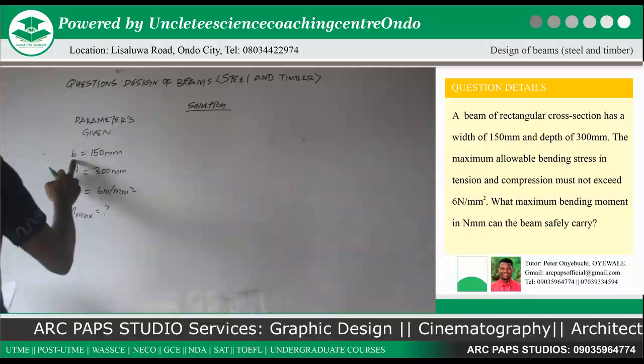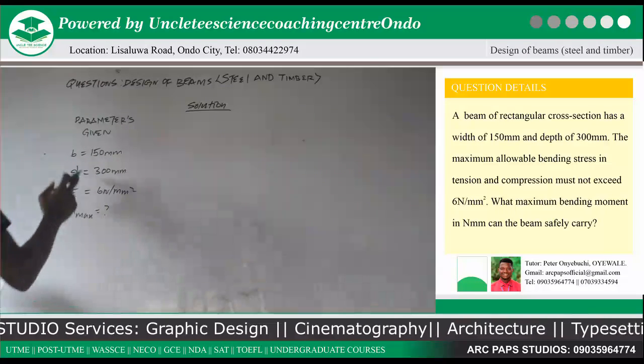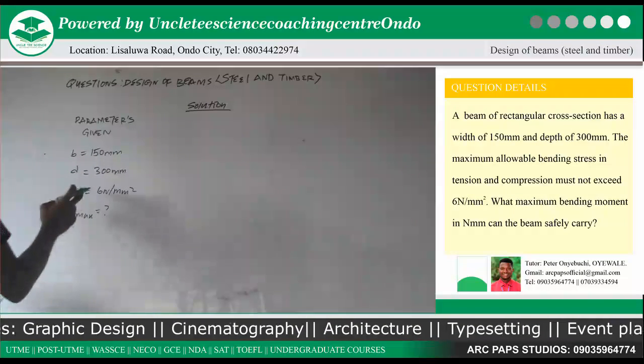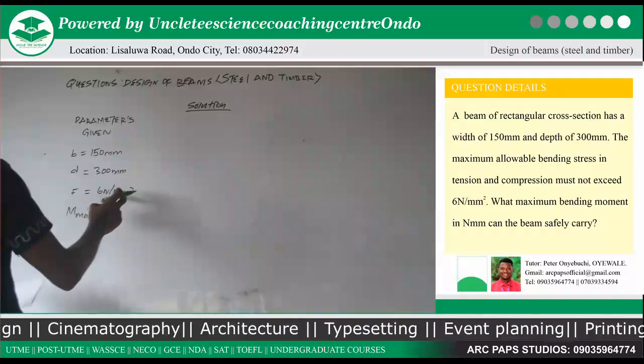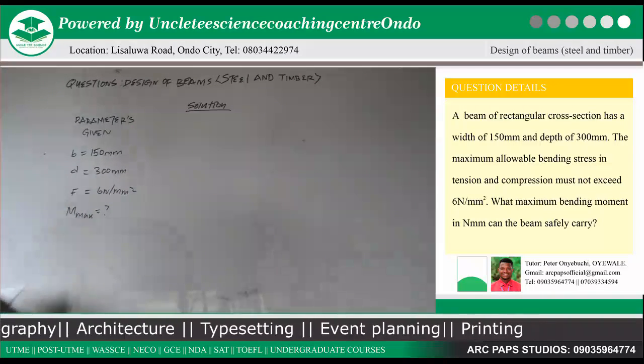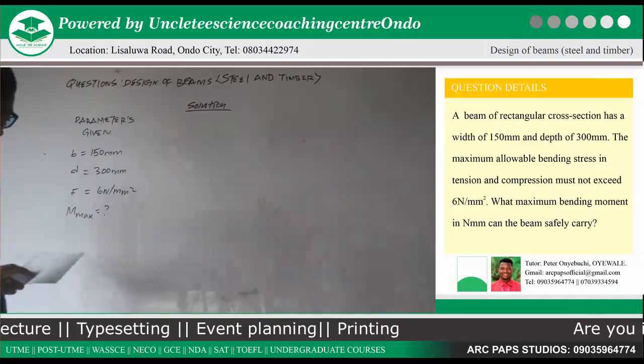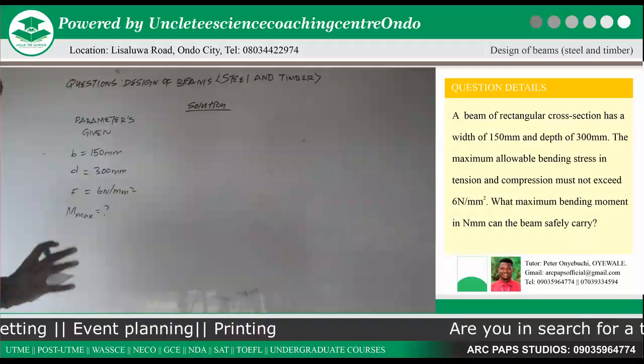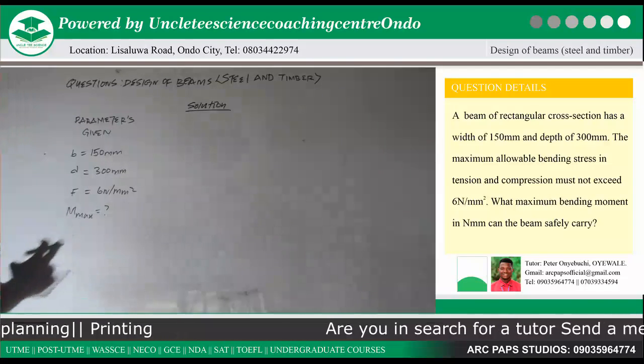Okay, now in this question, we are given our B to be 150 mm, our D to be 300 mm, and our F to be 6 Newton per millimeter square. As you can see, the question is placed at a section beside the screen. Now we are looking for our M max,